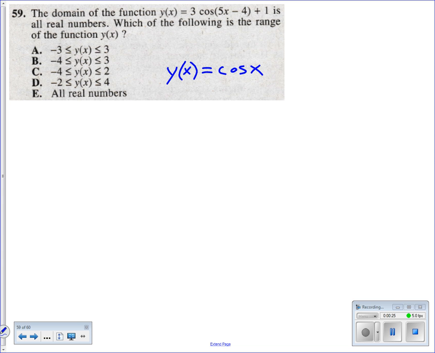And the transformations that are going to affect the range of this basic function are the multiplication by 3 of the entire function and then the addition of 1 to the entire function. What you need to remember